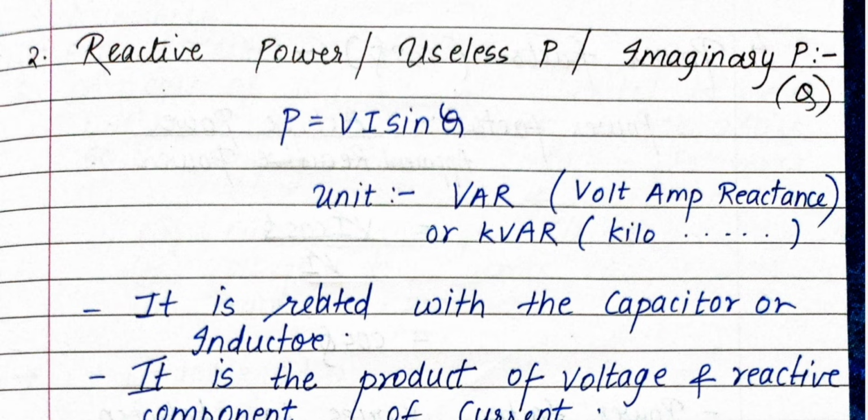And what is the unit of it? Remember, as it is power, still you don't have to write watt. You have to use VAR, that is volt ampere reactive. This is the unit for reactive power. Okay, these things come in numericals also. That time also you have to mention the correct unit, otherwise your half marks will be deducted. Okay, so just remember this reactive power has unit VAR, or you can write kilo VAR or kilo volt ampere reactive.